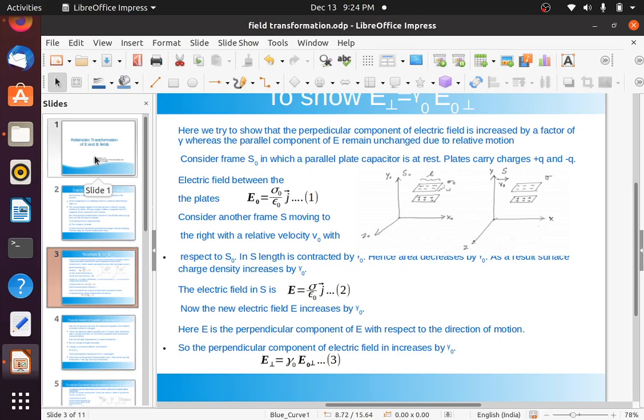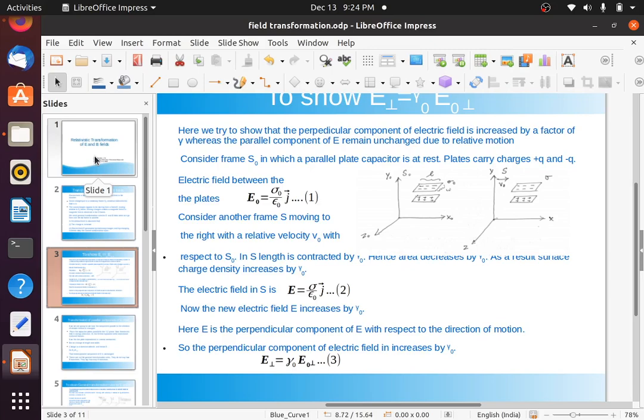Q still remains the total charge in the S frame; the total charge measured from the S frame is Q. So Q divided by the new area A dash is modified by a factor gamma, so the sigma is also increased by a factor